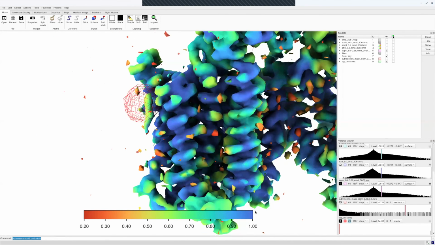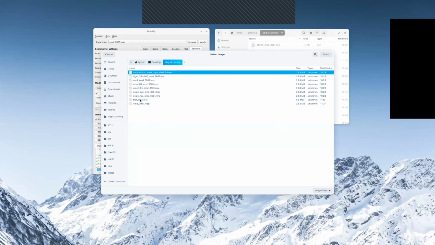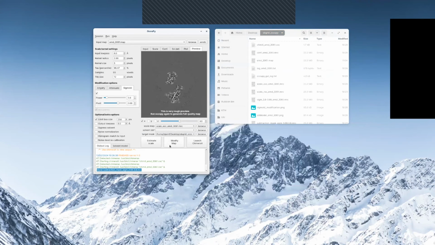So if we then go back to Occupy, and then we ask, here's the target mask. And then we say estimate scale. Now it will provide that answer here, right? So it says targeted occupancy estimated at 0.55.